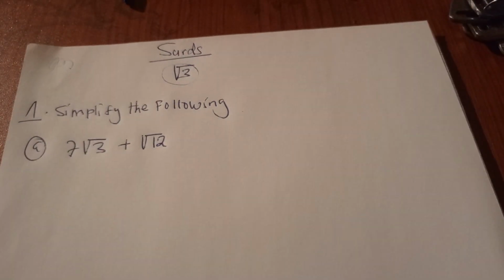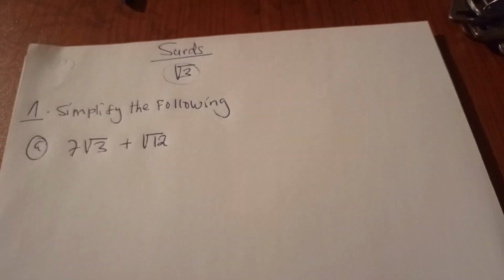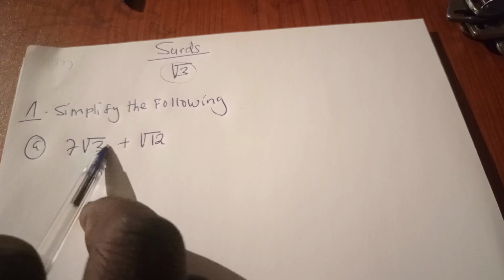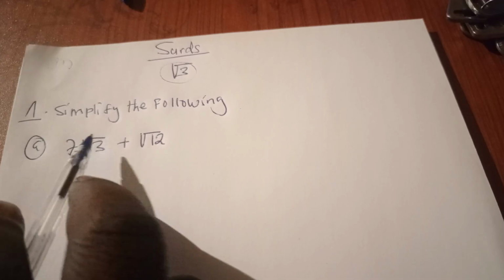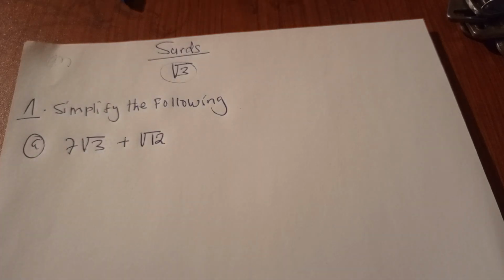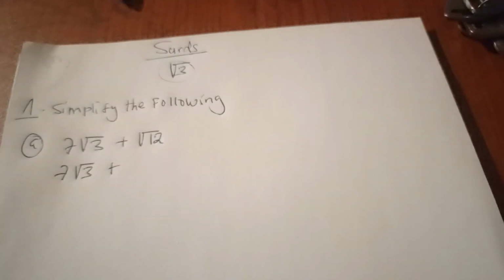In short, they want us to simplify this expression. As you can see, this 3 is already simplified because there's no number which can multiply, like a number times a number to give us 3, where one of the numbers has a square root. So this one will just go straight to be 7 root of 3,